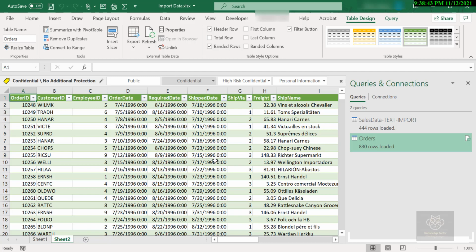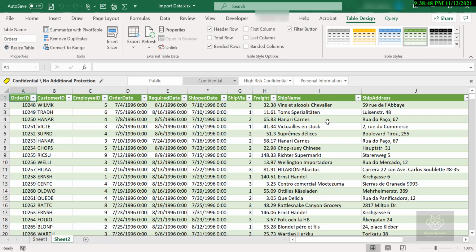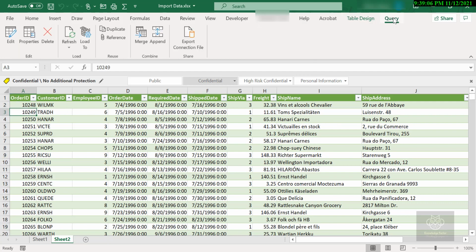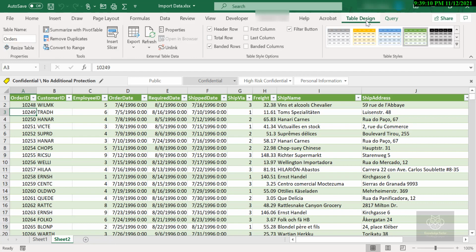Now keep in mind that this is a connected document. If somebody updates the Access database, they go in, open up the order table, they make edits, they add records, they delete records, I can then click into my table, go to the query tab, top of my screen, or table design, and I have this refresh button. It's actually in both places, under table design and query both. I can refresh that, and you would get the updated data. Depending on how much data you have, it may not be that quick, but it might take just a little bit of time to retrieve that data and put it into your Excel.